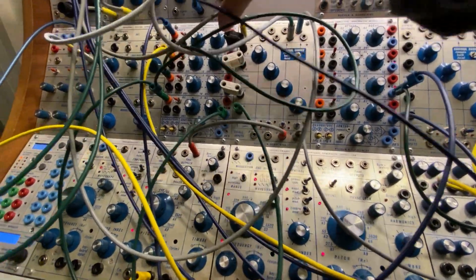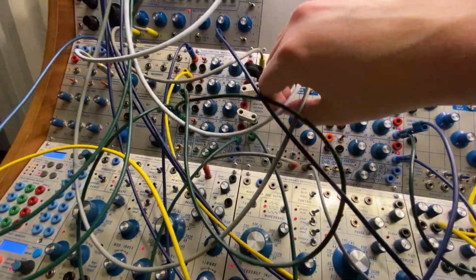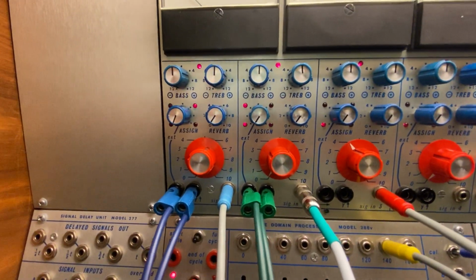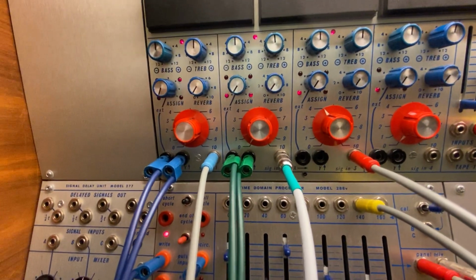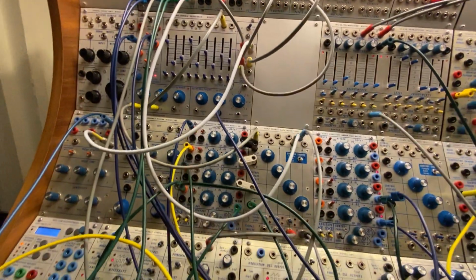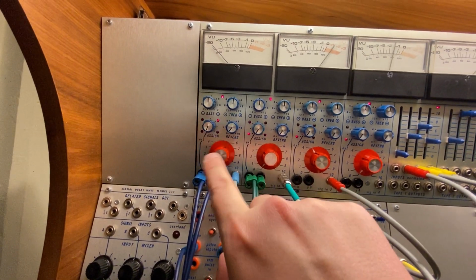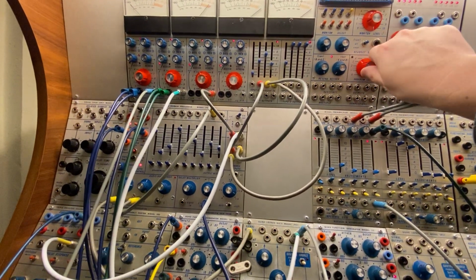Oh yeah, so I have the all out going into the time domain processor, but I also have 2 outputs for each of the oscillators going into these first 2 channels, and then these have voltages going into panning that goes pretty randomly. I think one's stepped, and then the other is just a couple 281. Yeah, this one's 281, like 2 of the envelopes going, where this one is more stepped. So just to hear the delayed signal,